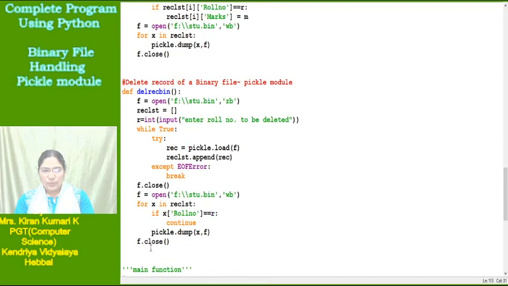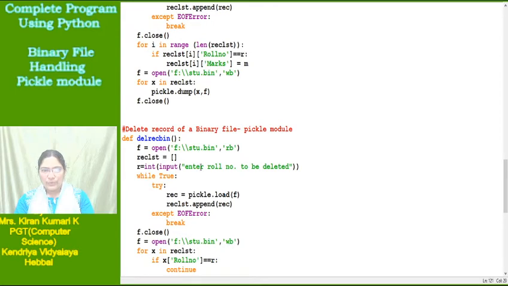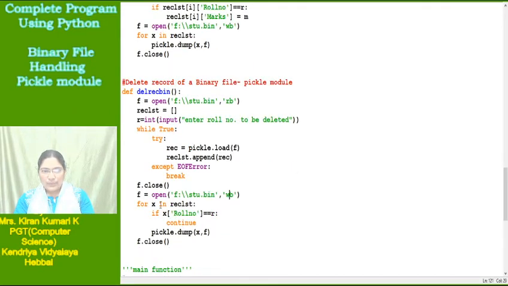So now open the file in write mode. Directly we cannot delete, no? So what am I doing? Every record I am taking into a list. Once the record list is found, I am taking that record list again and traversing through it, wherever that roll number R is there, without doing anything, just continue.